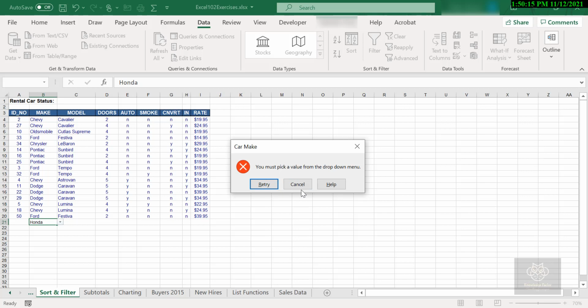So try this out, customizing the error message. We want to be as short and direct to the point as possible. Let the user know what they did wrong, how they can fix it, right? And give them some good text there, and let's be nice to the users as well.